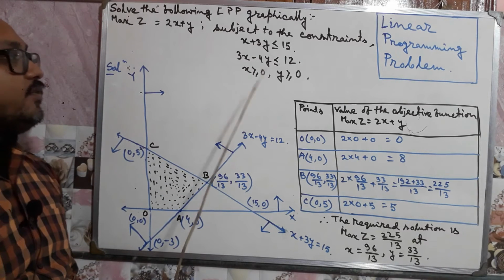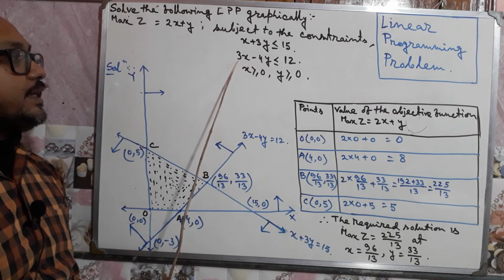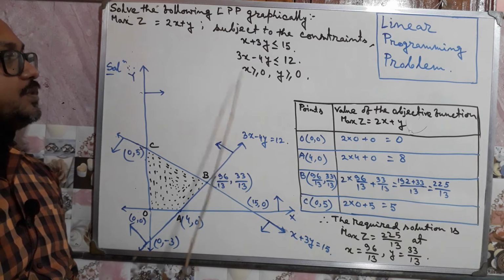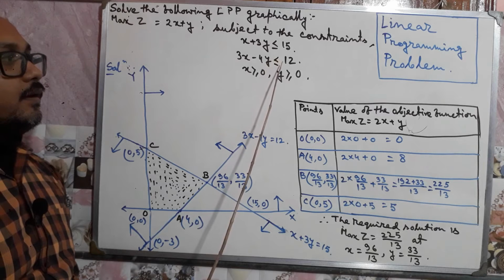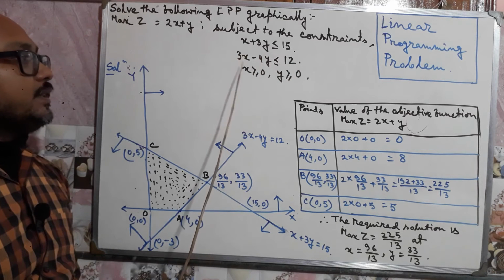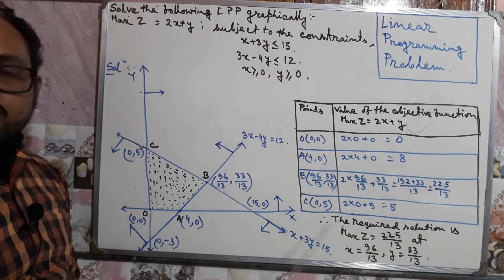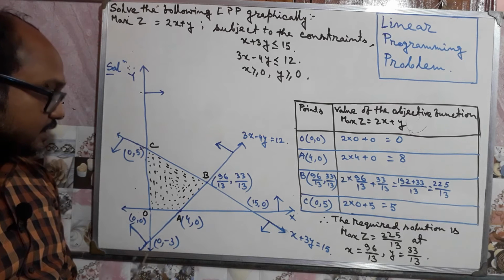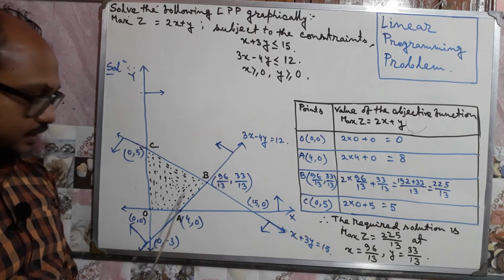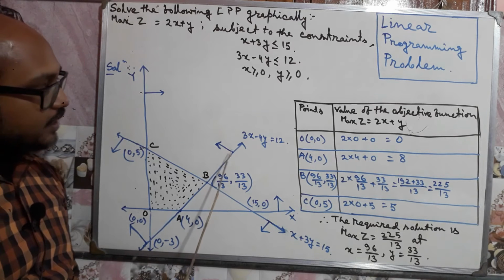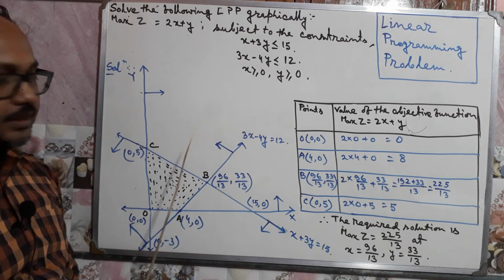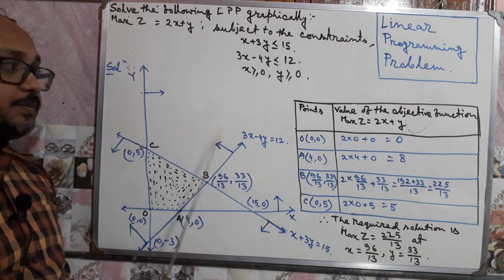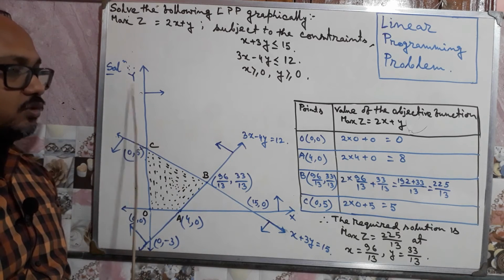Okay. Similarly, for the second constraint, that is 3x minus 4y less than or equal to 12, again we have to take the help of the auxiliary equation of this inequation. What is the auxiliary equation of it? That is 3x minus 4y equal to 12. Again we have to draw the graph of this line which represents 3x minus 4y equal to 12. Okay, this is the line. Now this line also divides the total plane in two parts, this upper part and this lower part. Now which part is indicated by this inequation, either this upper part or this lower part?